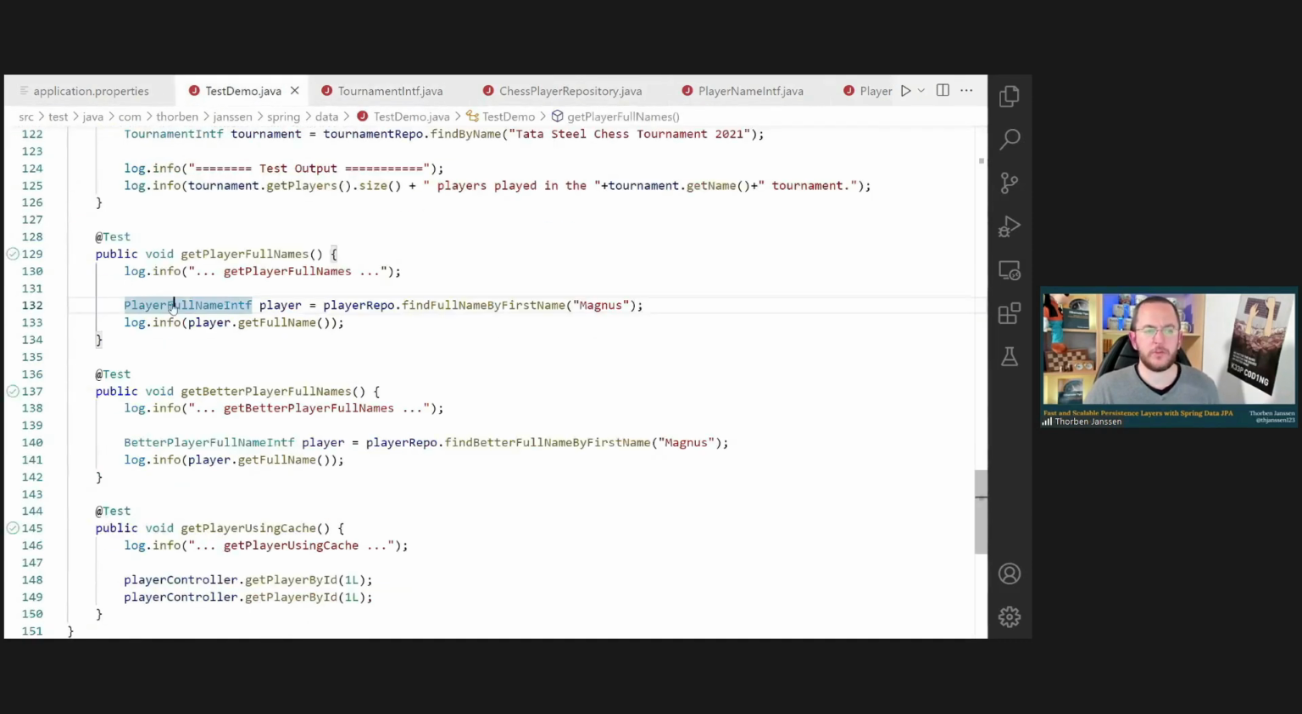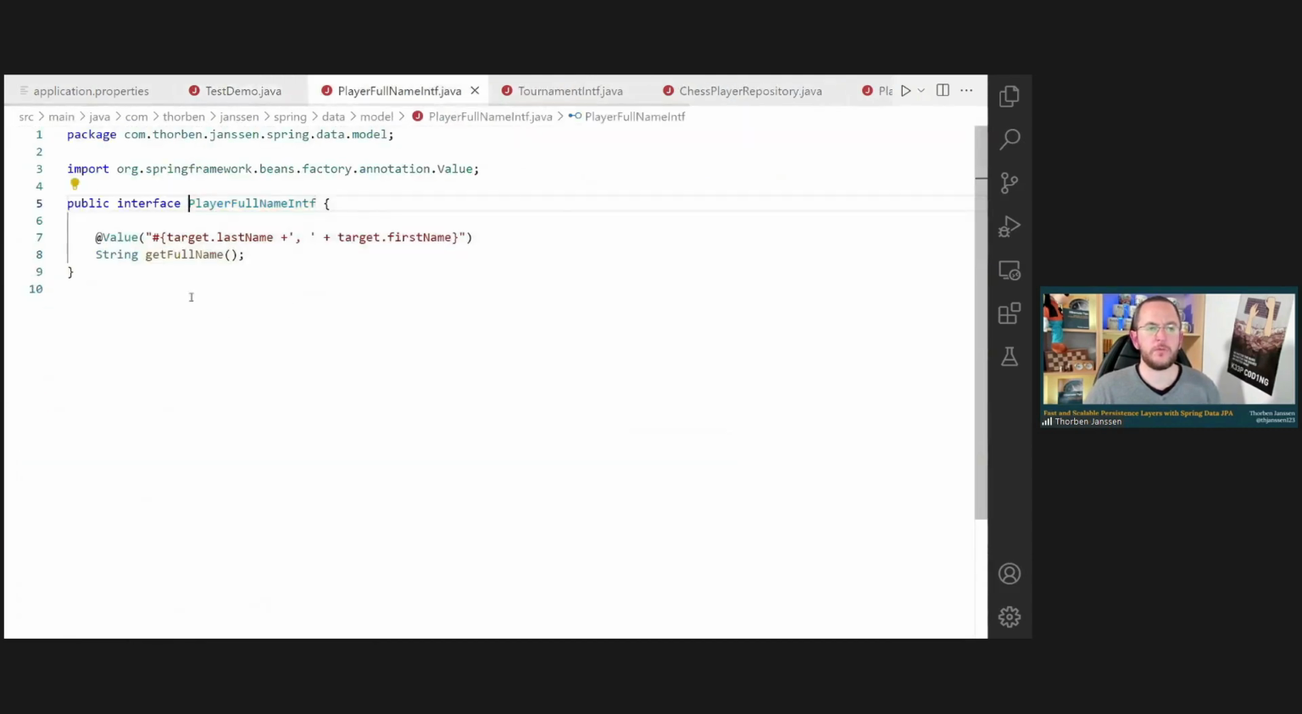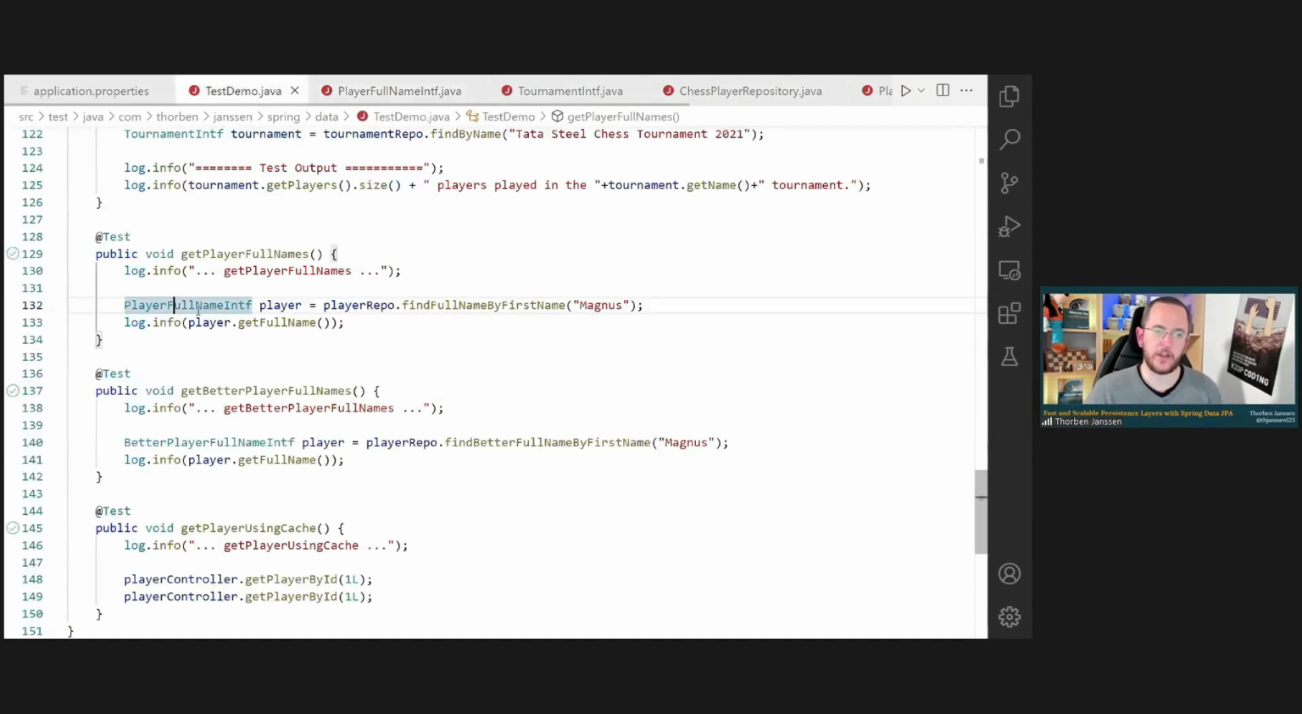Something similar happens if we do use the expression language. So here you can see my player full name interface, and there I use the expression language to concatenate the last name, comma, and the first name. So I just want one getter method that I call to get the full name of the player, because that's just a little more handy than concatenating that myself. So if I now run the test case,